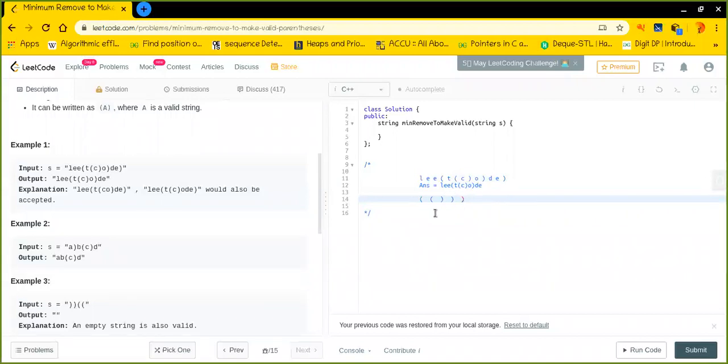So these are the parentheses present in the given string, in the same way. And I am supposed to delete or remove or ignore, whatever you can say, some parentheses to make this parenthesis string a valid one.